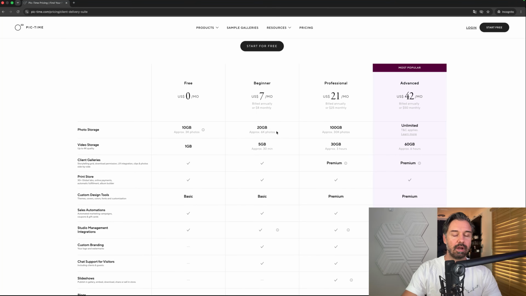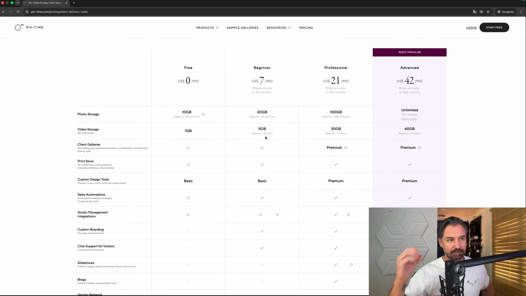If you want to sell your photos in a higher size, like a full res size, people have to pay extra. You could go to a bigger plan, like professional, because you earn money with your bigger file sizes. So that's how you have to think. Because 20 gigabytes is nothing. Then you get the 100 gigabytes, approximately 30k photos. Well, it depends on the size.